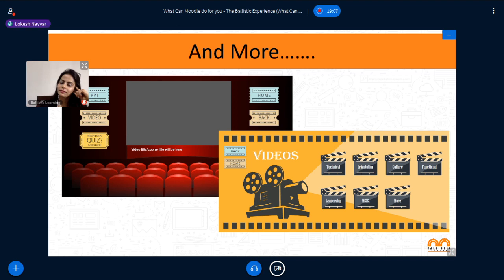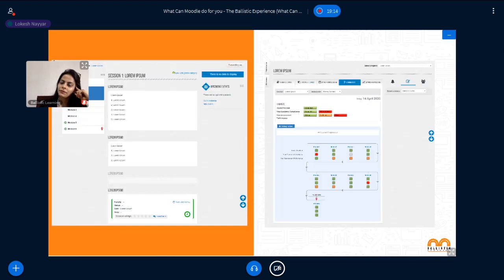Some more screenshots. This is a video-based course format. This is again a custom course format, where we are tracking users' learning journey throughout the course. We are tracking users' input provided, academic compliance, and yes, performance. We are tracking it with different legends. Green means completed, red means non-compliant, and orange means proficient.